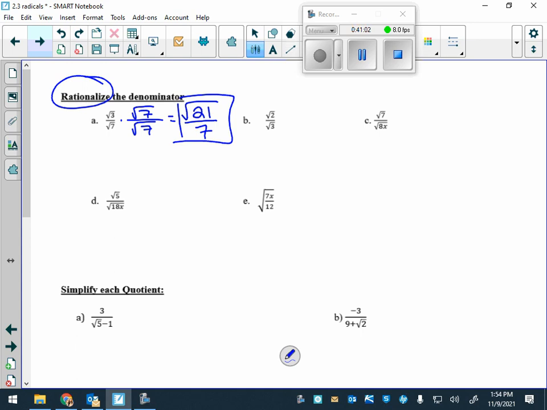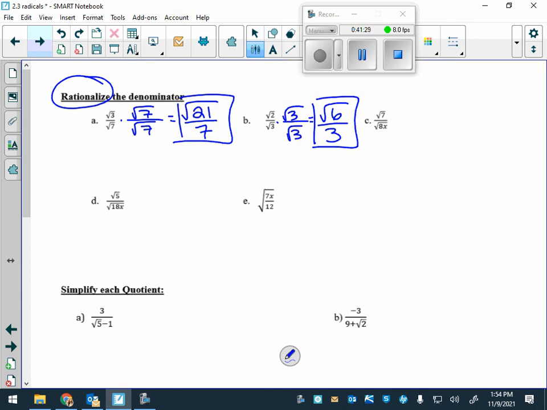Okay. B, what do we got? Louise. Careful, you're doing it again. Multiply, multiply, multiply. It's okay. Square root of 6 over 3. Okay, it's all right. So, with C,